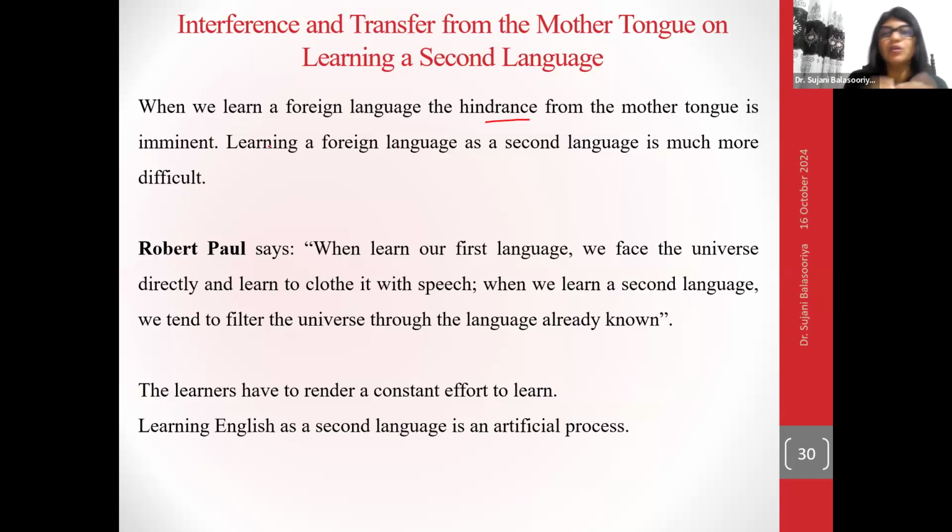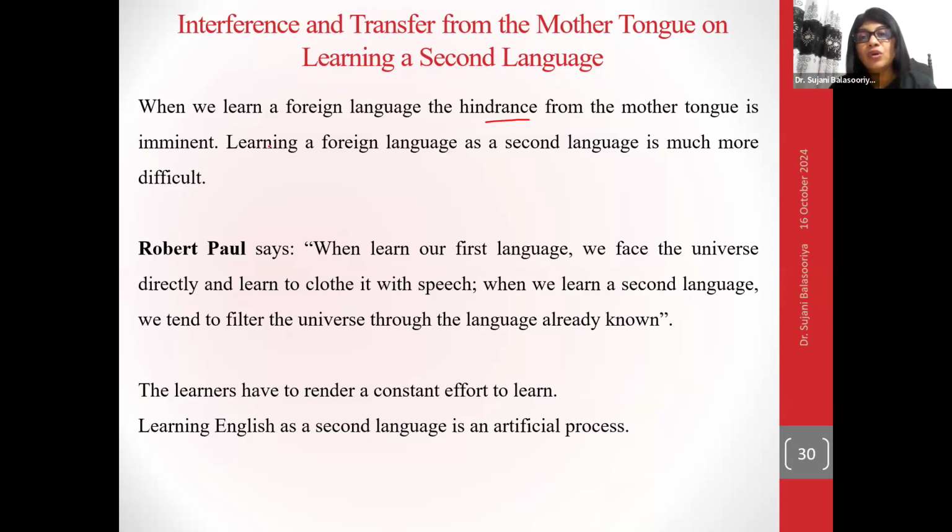Now, when we try to learn a second language or foreign language, already we know about the mother tongue, right? And mother tongue is the dominant language. Dominant language in the sense we use it for our everyday activities very conveniently, right? Even if you are a bilingual or even multilingual, just think about the situation of these two languages. Just think that you are a bilingual. You know your mother tongue and your second language, or it can be mother tongue and the foreign language.